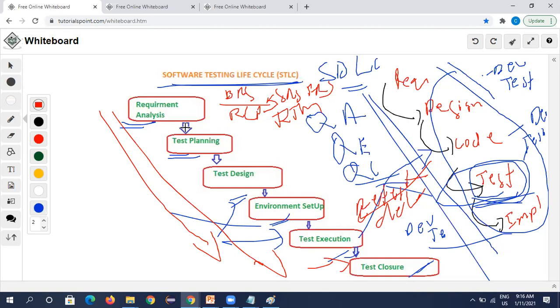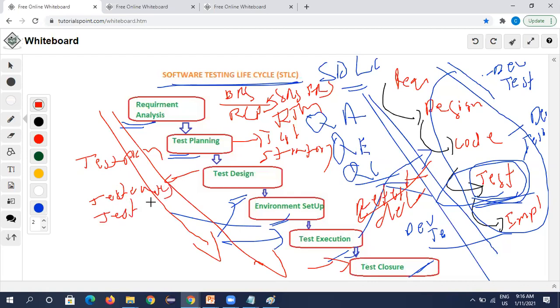These documents are there in requirement analysis. In test planning, we have the test strategy document and the test plan document. In test design, we have test cases, test scenarios, and test data.